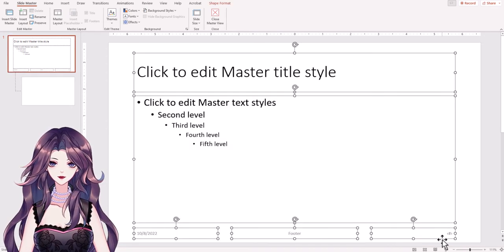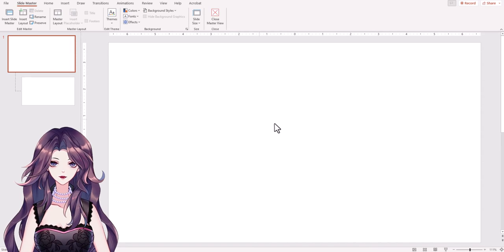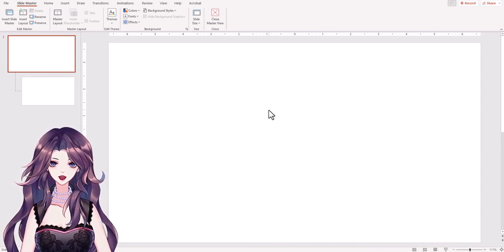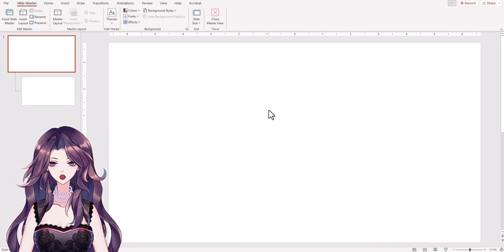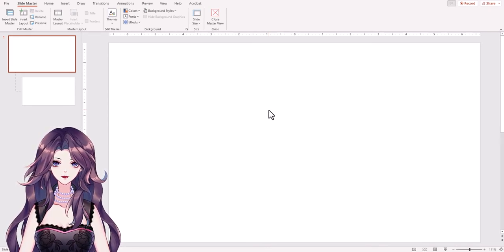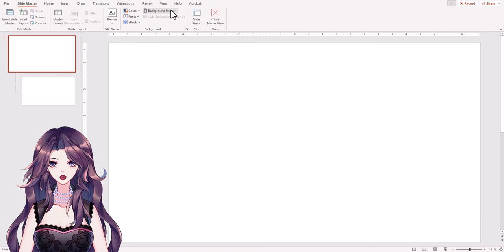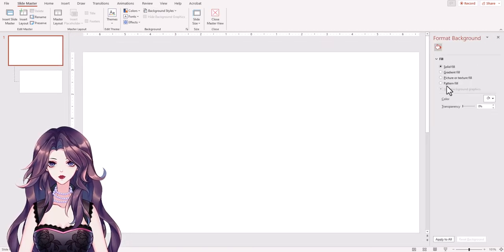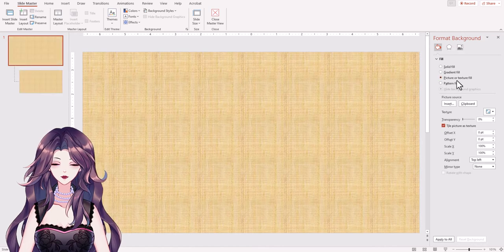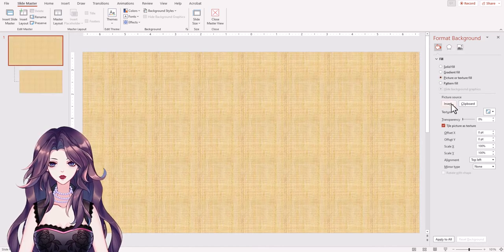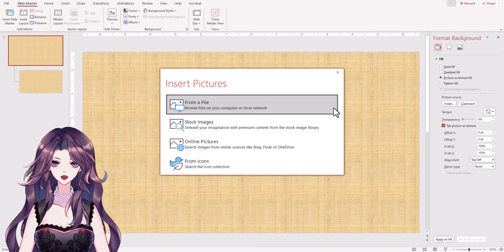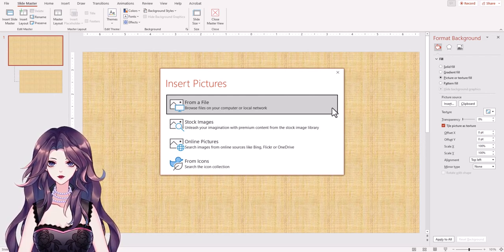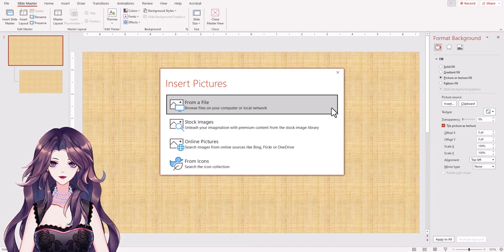Okay, next thing that you're going to do is to import some sort of background image or texture that will provide the background for your presentation. In order to do that, you can go up to Background Slides, Format Background, Picture or Texture Fill, and you can go to Insert, and then from a file, insert your background texture. Just navigate to wherever you have it saved, pop it in there, and it'll automatically be applied as the background